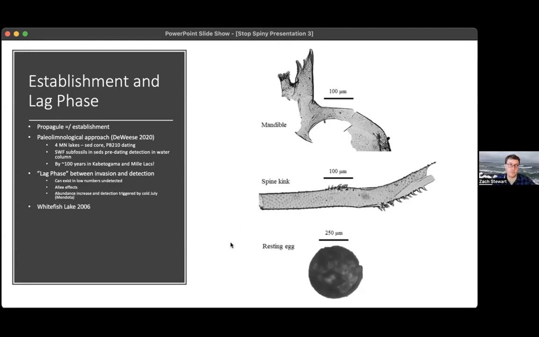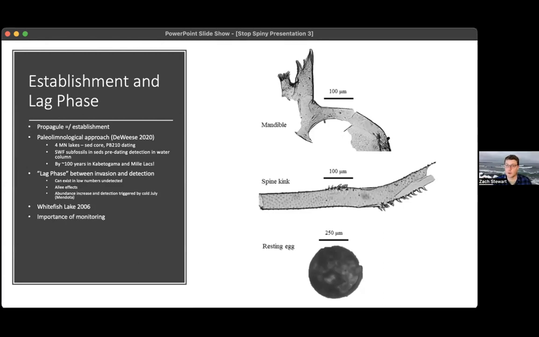So it's interesting to consider that there could be undetected latent populations of spiny water fleas in some lakes in our area. For example, folks who are familiar with Whitefish Lake, there actually was a detection of spiny water fleas there back in 2006. And then they haven't been detected again since 2006. Are they still out there? We hope not, but we're not certain. So I'm actually looking for some resources right now to get out and do some more detailed sampling and see if we can verify whether or not that population is still surviving.